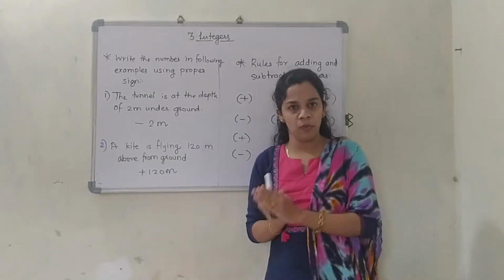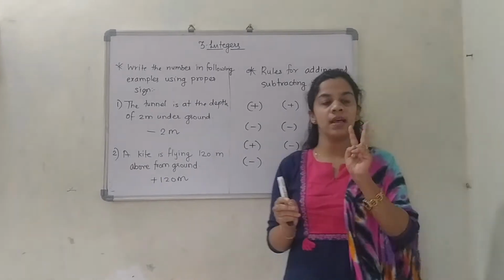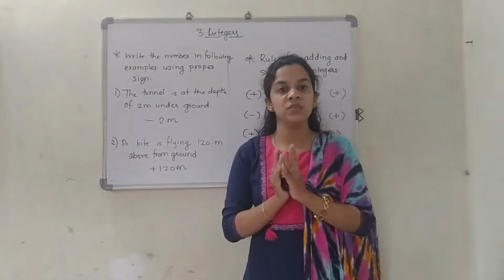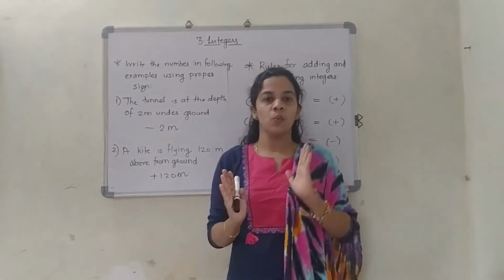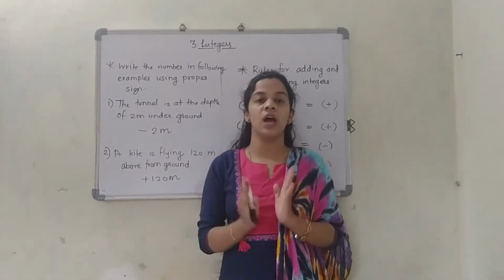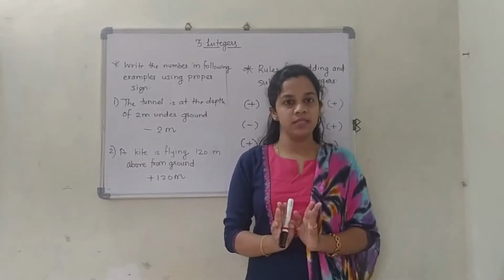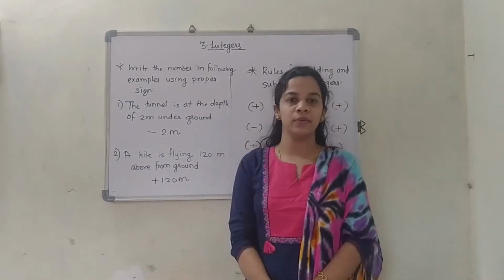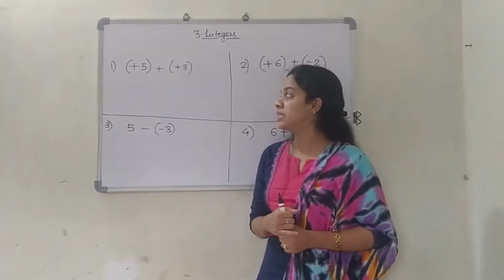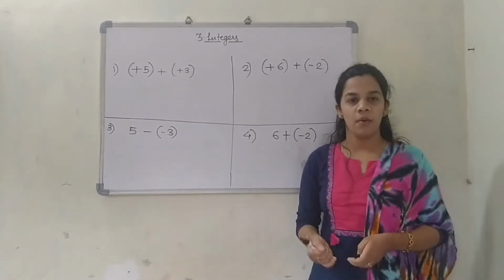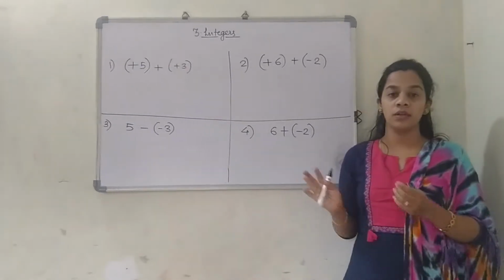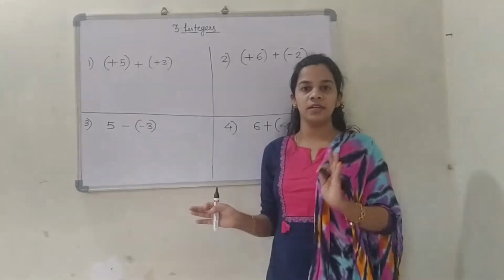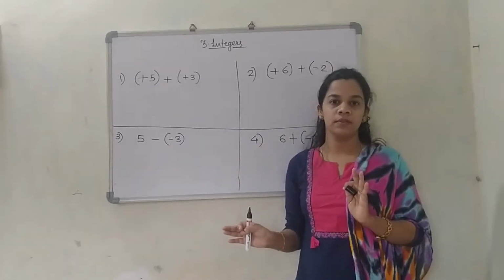Now just focus on the next part. They might be positive, they might be negative. When two signs are same, the answer is always positive. And when two signs are different, one is positive, another is negative, the answer is negative. Always remember this, just keep in your mind. We are going to solve the problems related to it. There are few questions given on the board, we are going to solve them. By looking at them, you will be thinking what is going to be here. So just focus, just remember the rules, you will understand everything clearly.